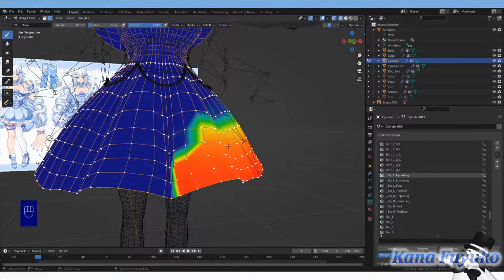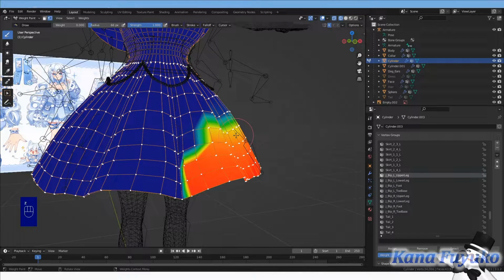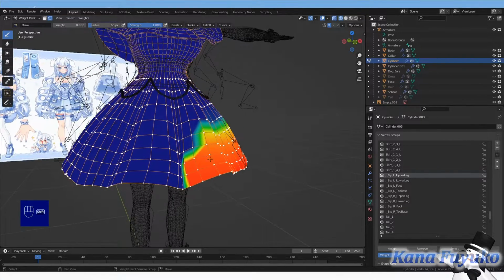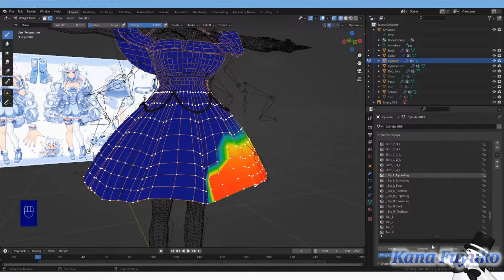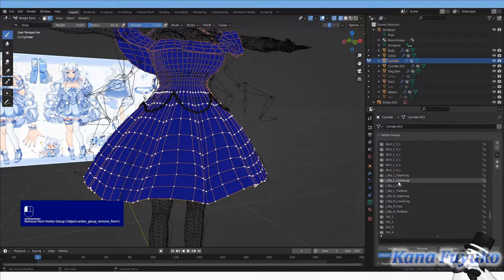Right now it's rigged to the legs, so if we were to auto weight paint the skirt to the skirt rig, it's trying to fight itself, figuring out, is it going to the legs or is it going to the skirt rig? So to make it convenient for the dress, we have to remove the weight paint for the legs.